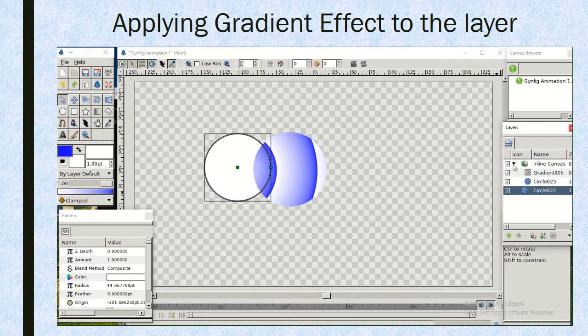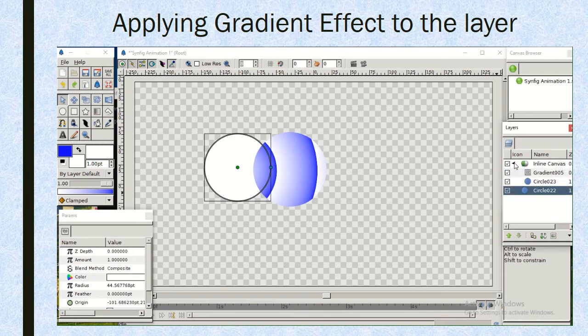Under this inline canvas there are two layers, gradient and circle. So now you can see that whatever is encapsulated in inline canvas has gradient effect, and the circle that is outside this inline canvas is not getting gradient effect.